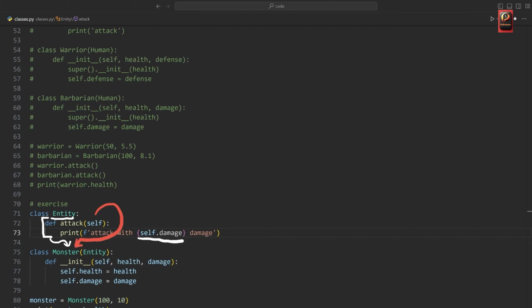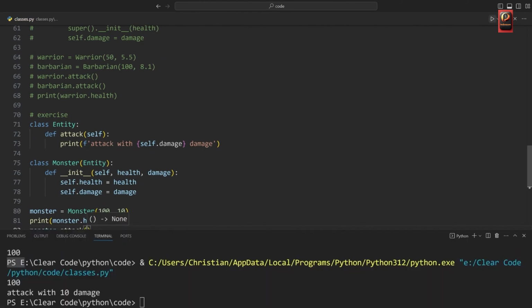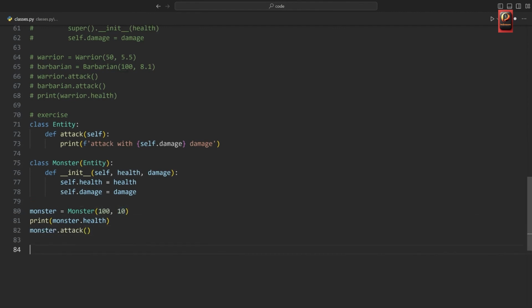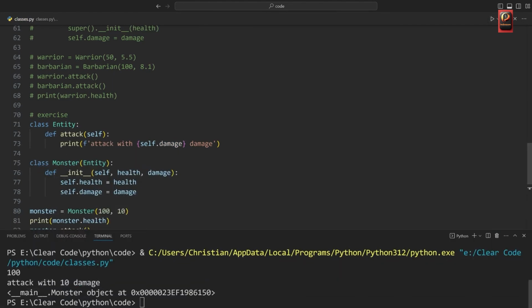Well, this is actually all we need. What we can do now is call monster.attack. If I run the code, we are getting attack with 10 damage, which is exactly what we wanted. Finally, I want to have the ability to simply print an instance of the monster. If I now run the code, all we get is a monster object at some point in our memory. This isn't particularly useful. I would rather have some kind of string that tells me something about the monster, and for that, we will need another dunder method. This one is called __str__